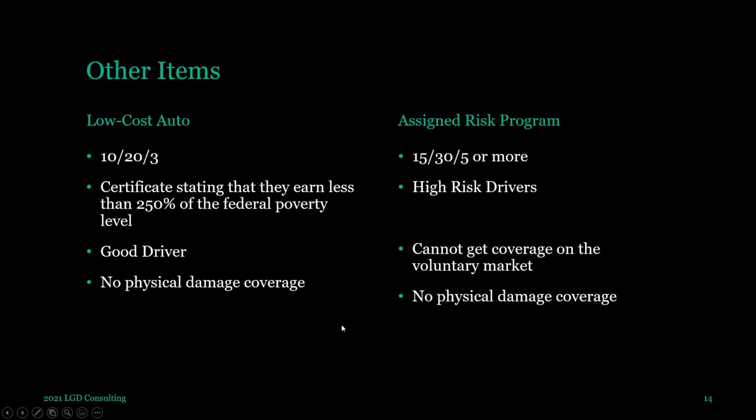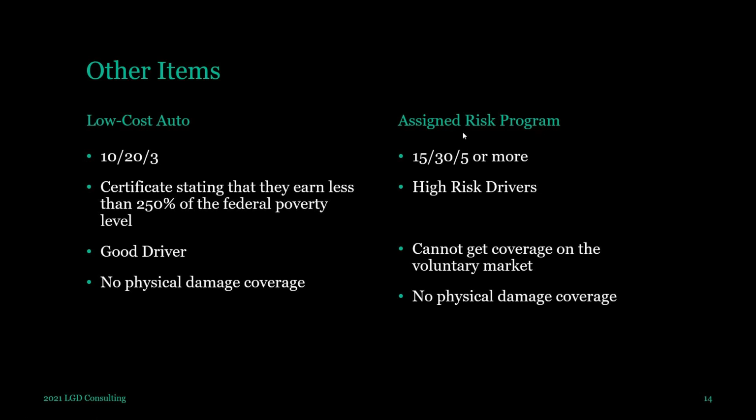To be honest with you, it's kind of a lottery. So you're applying for auto insurance, and because you're so high risk, nobody will touch you. You know, two DUIs in the past two years, a couple tickets or accidents, nobody will touch you, but you've got to get insurance. And so you apply to these insurers, they reject you. After you get a couple of rejections, you go to the assigned risk program, and then you buy a policy.